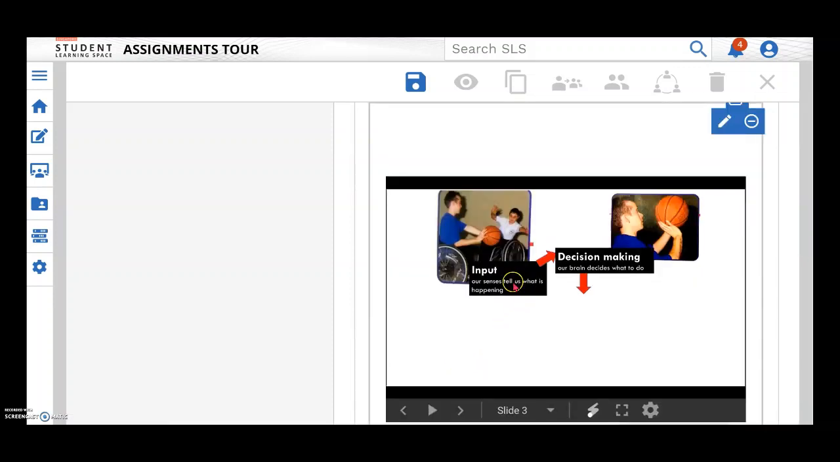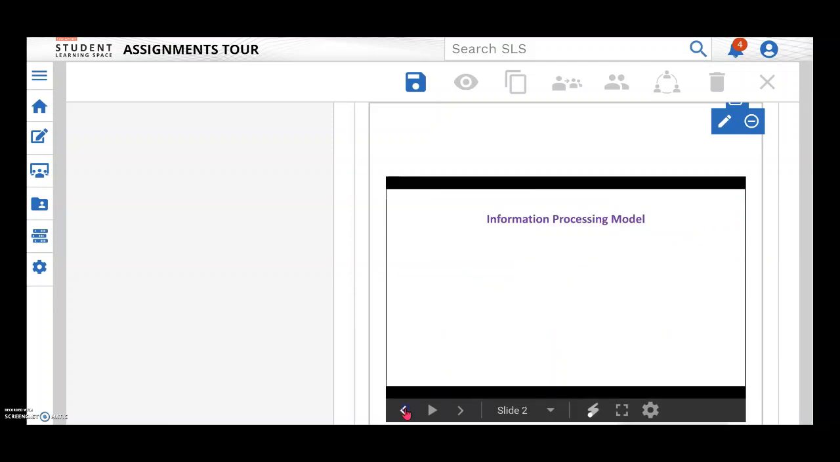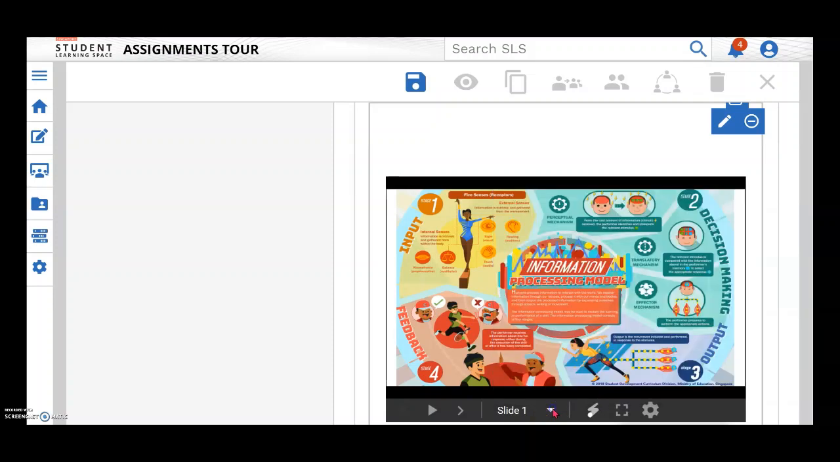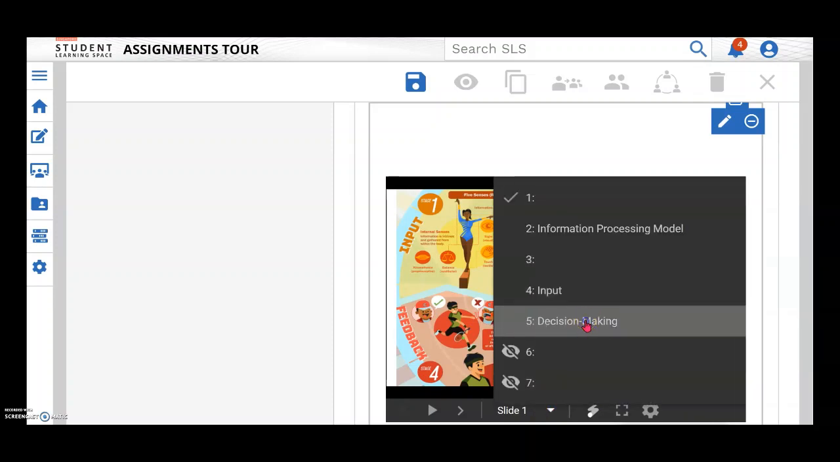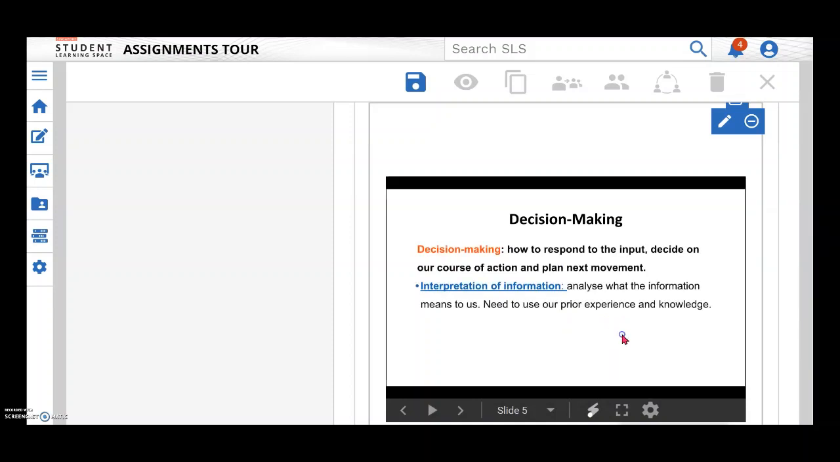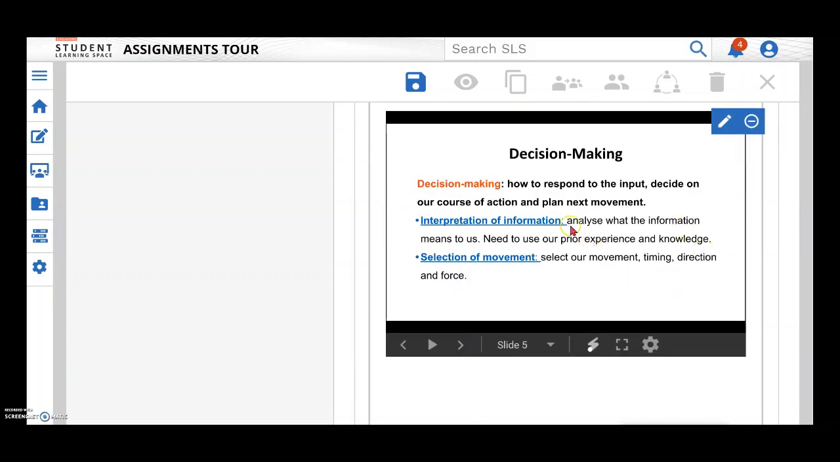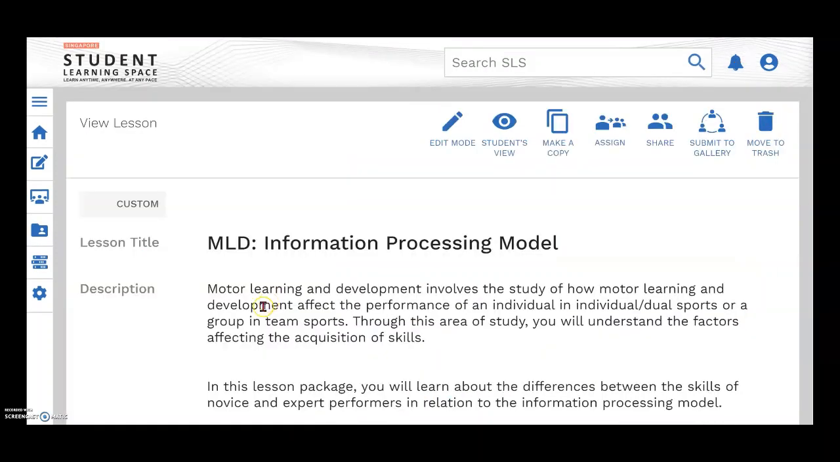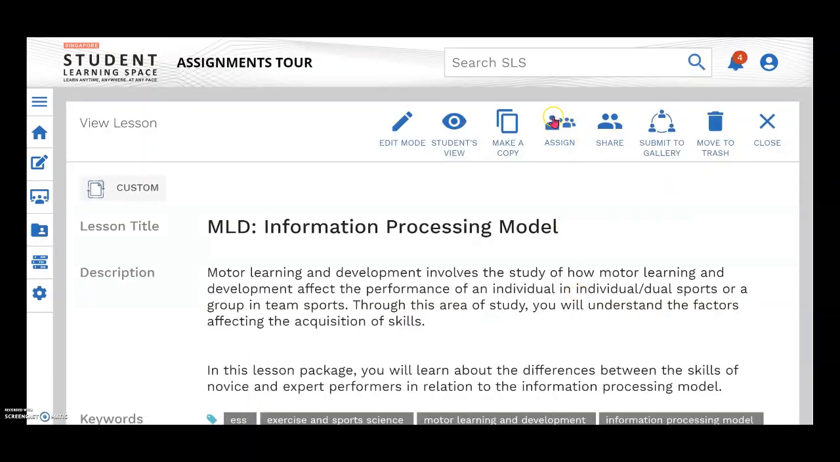I hope you enjoy this particular exercise and tutorial. You can actually switch from slide to slide by just clicking on this arrow, and you can jump straight into the slide that you want. And continue clicking to present directly from SLS. Once you're satisfied with this inserted embedded slideshow, remember to click the Save button right at the top. So everything will be done and saved, and you're ready to assign this class lesson to your